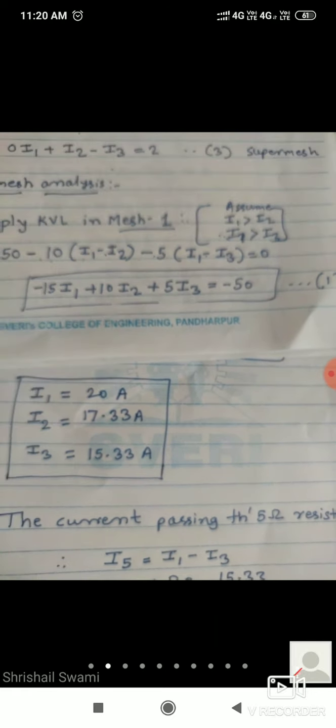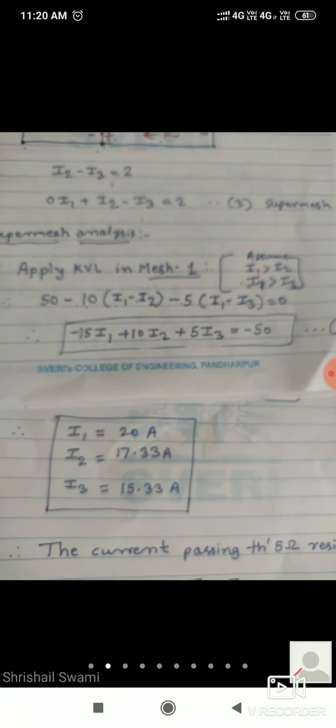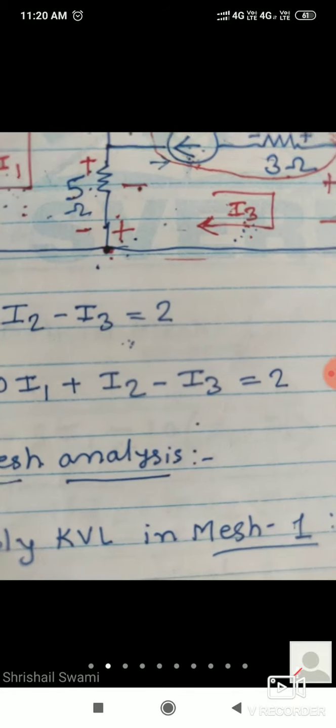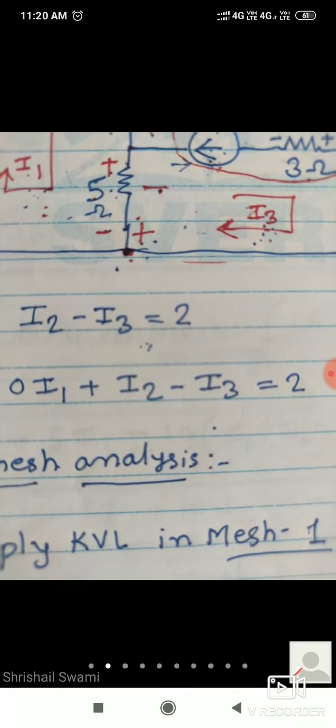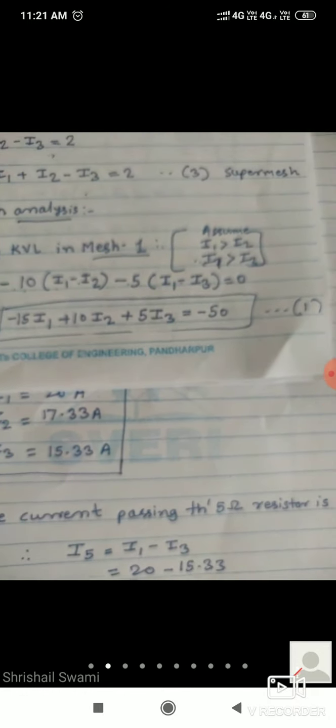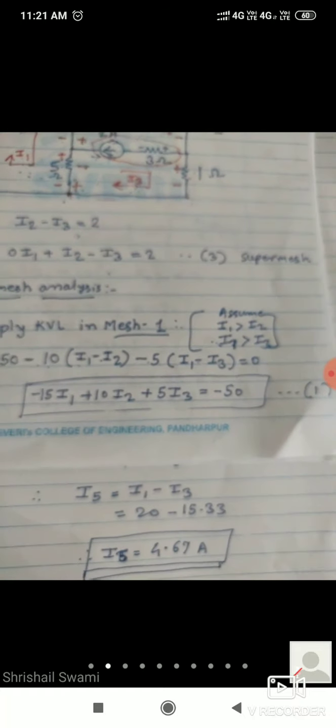So in this way you have to use mesh analysis, super mesh analysis. Solve the problem according to the steps, then you will get the answer. If the steps are correct, marking is correct, voltage drop marking is correct, and you are writing the proper equations taking care of plus and minus, then you will get the correct answer. You will not get any wrong answer if you are solving correctly by using the proper method and proper steps. Okay. So this is it up to now.